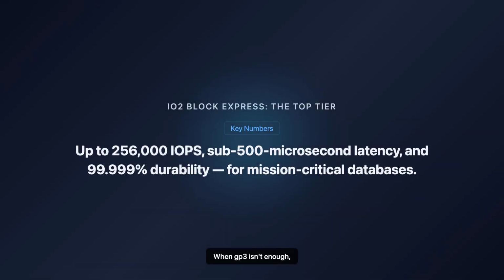When GP3 isn't enough, you step up to IO2 Block Express, the top tier. If GP3 is a fast consumer SSD in a laptop, IO2 Block Express is an enterprise NVMe array inside a financial exchange. It delivers up to 256,000 IOPS per volume, average latency under 500 microseconds, and 5 nines of durability. That's 99.999%. This is the answer for mission-critical databases like SAP HANA, Oracle, and SQL Server, where sub-millisecond latency is a